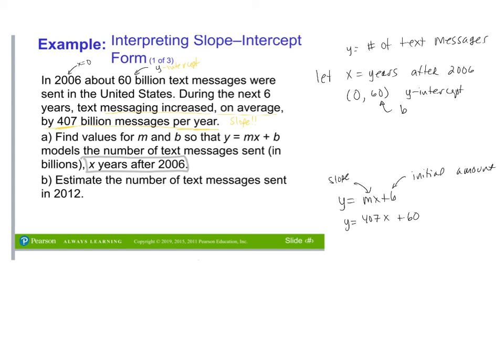Wow, okay. So part B is asking us to estimate the number of text messages sent in 2012. So for 2012, first we want to figure out how many years past 2006 that is. And that would tell us our x. So in this case, it is 6. Okay, so we're going to figure out, when we plug in 6 for x, how many text messages are being sent. Okay, 407 times 6 plus 60 is approximately